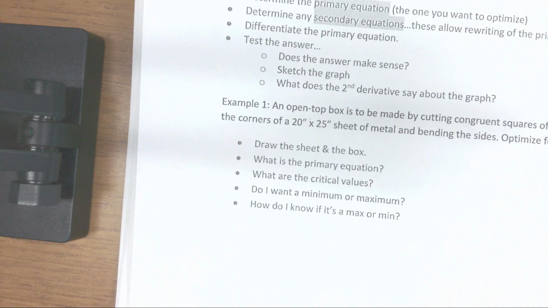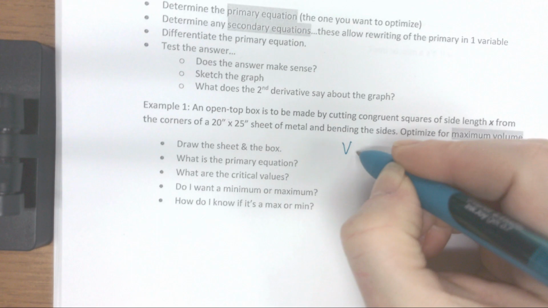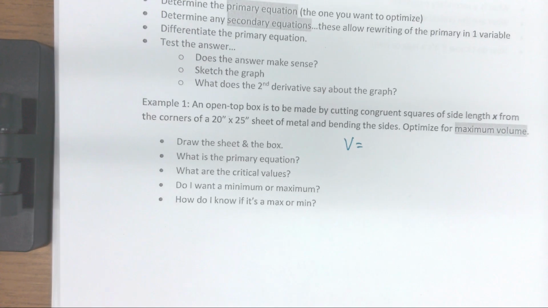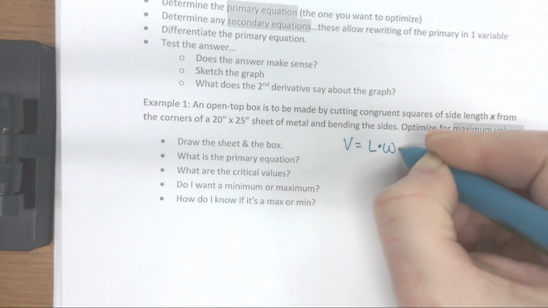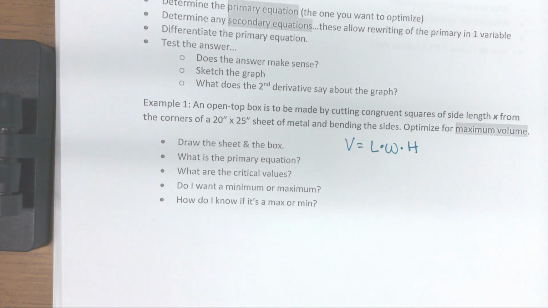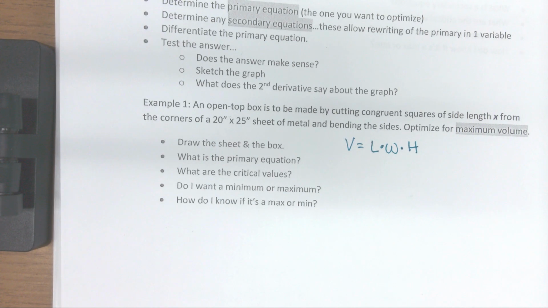And we are going to maximize the volume. So let's write down an equation for volume of a box. In general, how do we write the volume, or how do we find the volume of a box? So once we substitute in something with x for length, width, and height, that is going to be the thing that we're going to maximize. All right, so